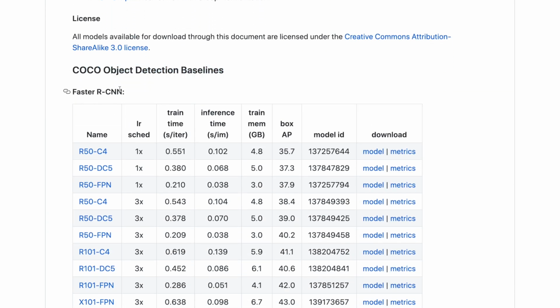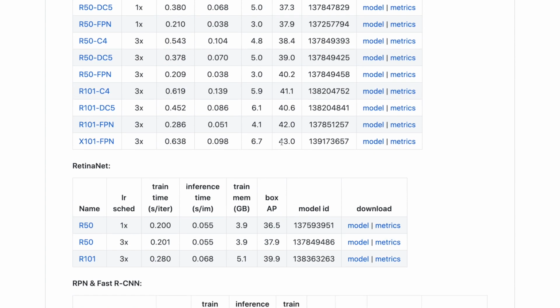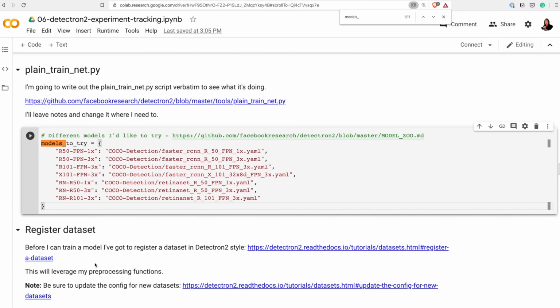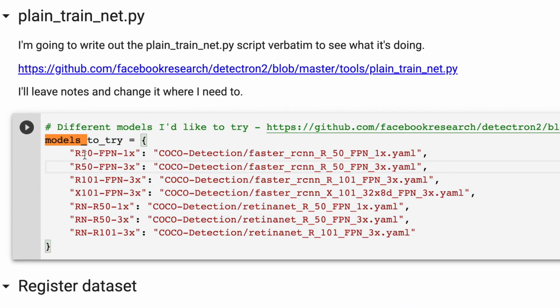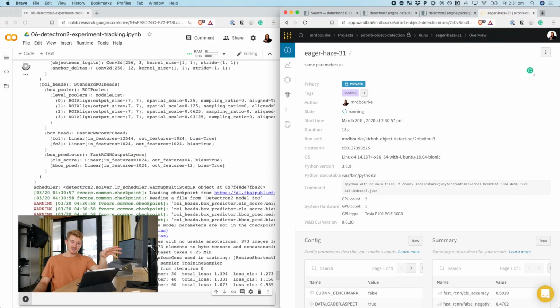I just read what they wrote and went, yep, that's the kind of model I'd like to use, and ended up with a list of 7 models I'd like to use and saved that in a little dictionary called Models to Try. Now, even before running experiments with these 7 different models, once I picked them out from the model zoo, I ran yet another, yes, you're correct, small experiment with the same model, a single pre-trained model, where I